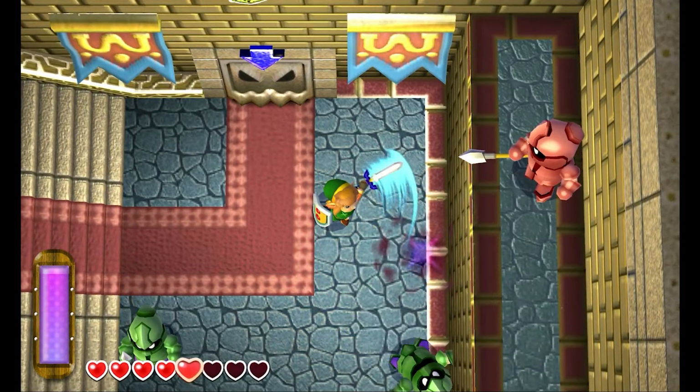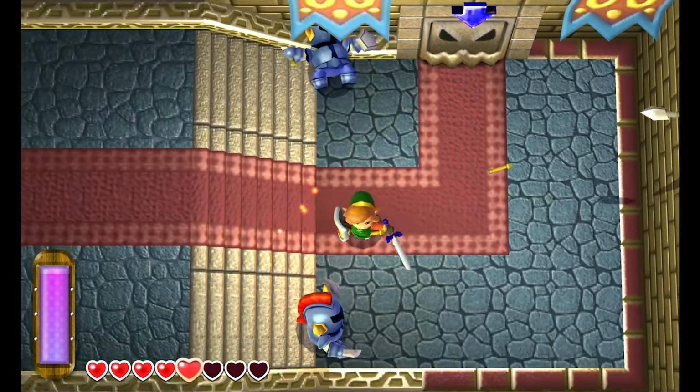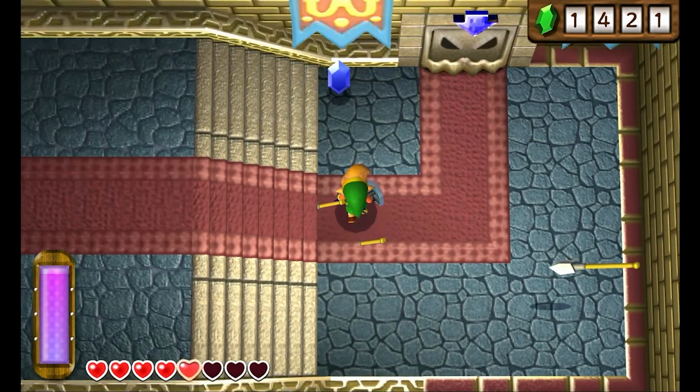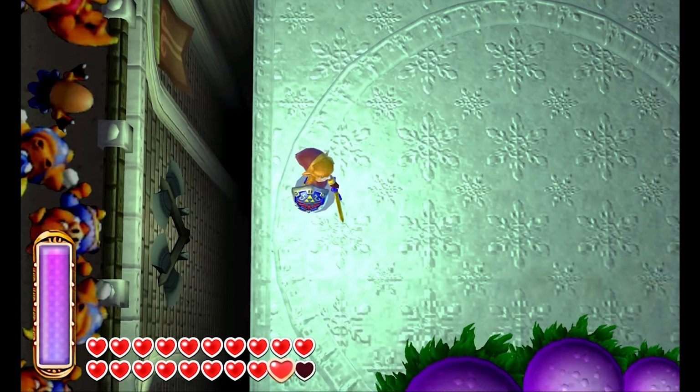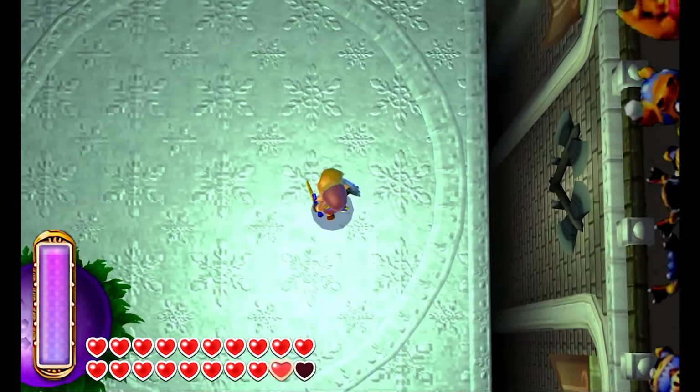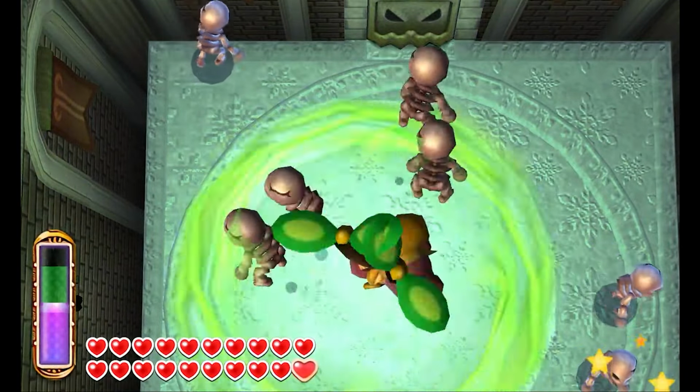This removes a lot of the concern of dying and having all of your rented items returned to Ravio, which in my playthrough on Hero Mode happened a lot. This harder difficulty returns again, and this time the double damage alone is enough to make this one of the more difficult Zelda titles. So much so that the hearts still appear around the map to recover health, unlike in